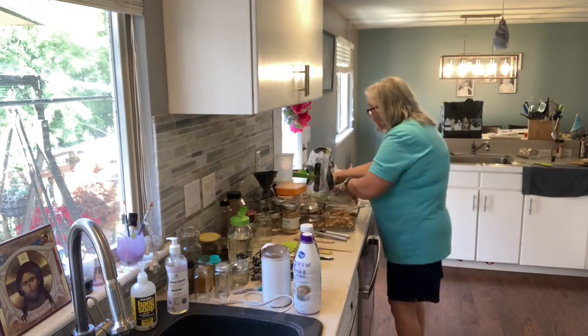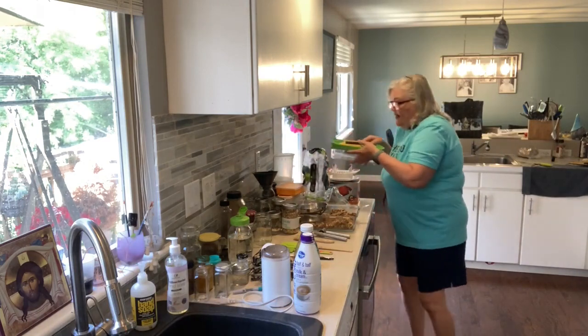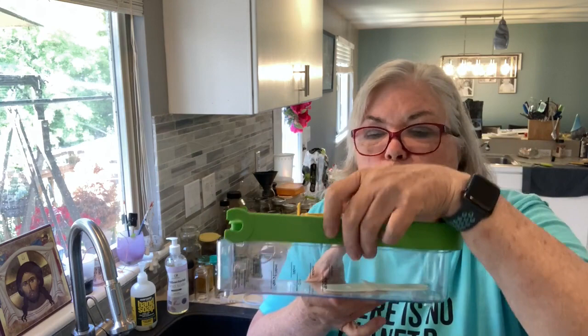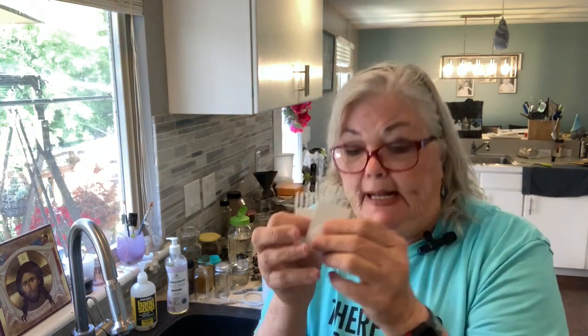Now, the other thing I want to talk to you about is, in one of the other videos, I talked to you about this little gadget, a chopper, that you can usually get from Ross Dress for Less, TJ Maxx, or Marshalls. I forgot to mention in that video that they come with a comb. Now, the easiest way to clean these, I believe,